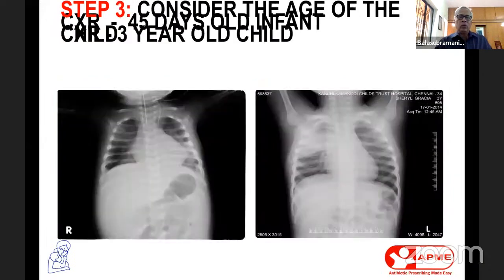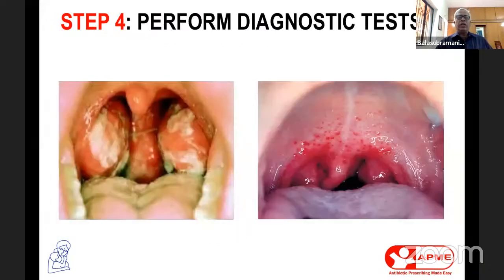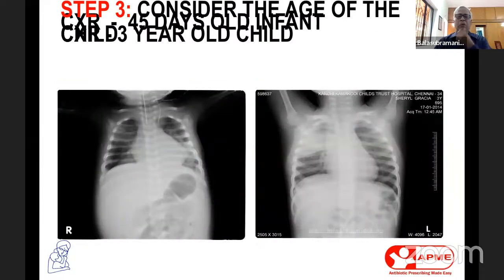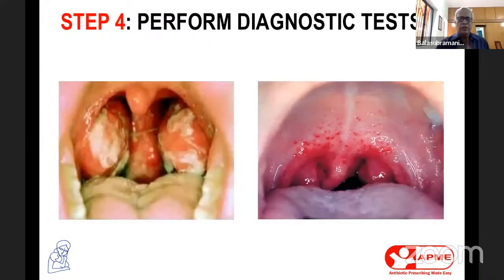And you should also always look at the age of the child. The age of this child is going to determine whether it is likely to be bacterial or viral, and which organism is likely to cause it. For example, if it is pneumonia, below 5 years, you're not going to think of mycoplasma. Above 5 years, you're always going to think of mycoplasma. Below 3 years, you're not going to consider streptococcal pharyngitis. Above 3 years and above 5 years, any sore throat, you're going to consider bacterial pharyngitis.